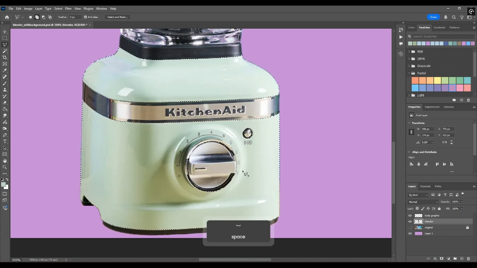Okay, so now I've got the body of my blender selected out